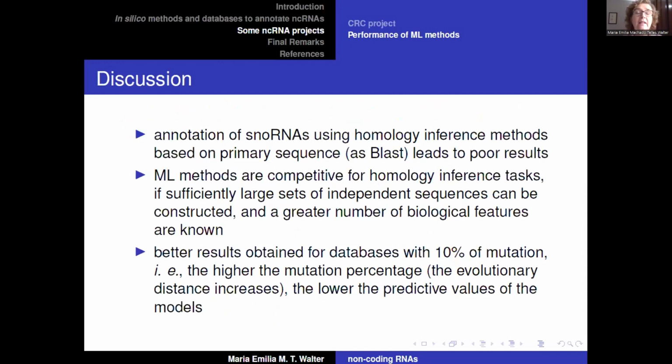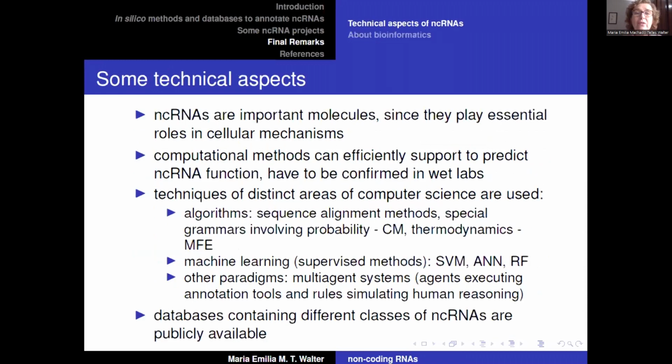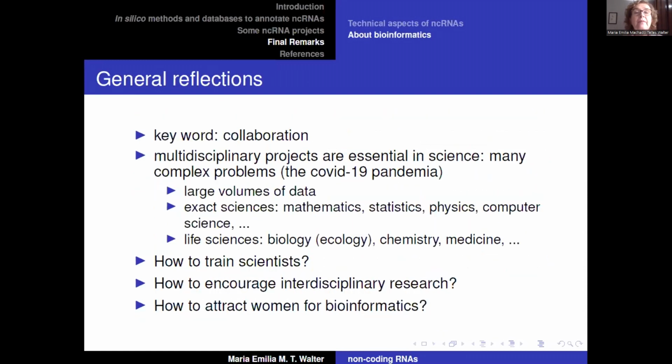Then we learned that annotation of snoRNAs using homology inference methods based on primary sequences, BLAST, leads to poor results, and machine learning methods are very competitive, but it's highly dependent on how good and how large the database is. So going to the conclusion,